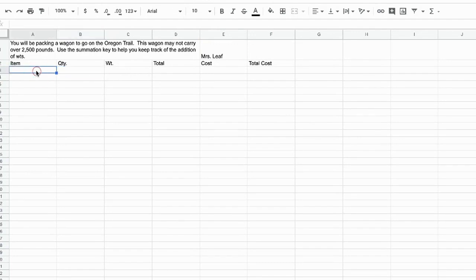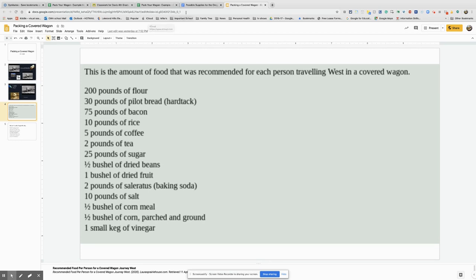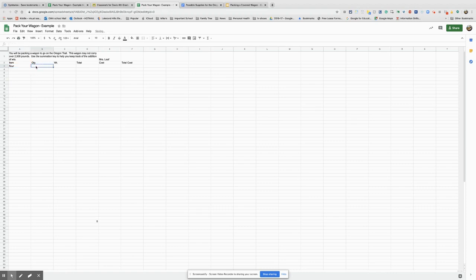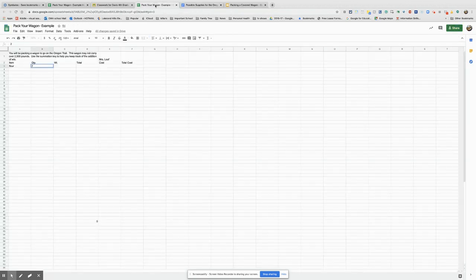So if I am going to take flour, because it was suggested on this that I take 200 pounds of flour for me and 200 pounds of flour then for the other person in my wagon, and I wanted to take that flour, I would come back to my spreadsheet and I would write flour. I'm going to take 2 of those bags of flour, and according to this list, flour is 150 pounds. So 150 pounds, and this says I should take about 200. I'm going to say 300 pounds should be enough. So 150 pounds, 150. Now 2 times 150 is